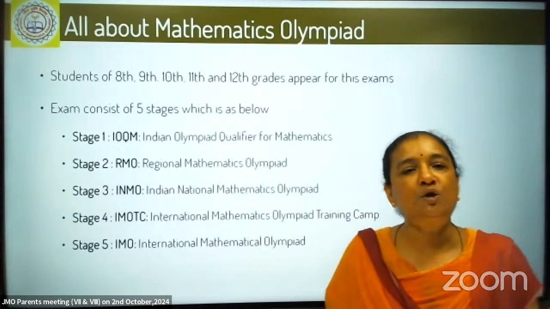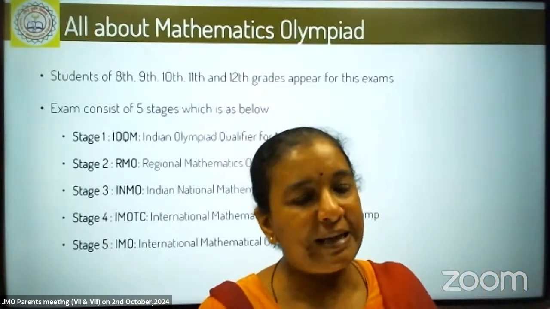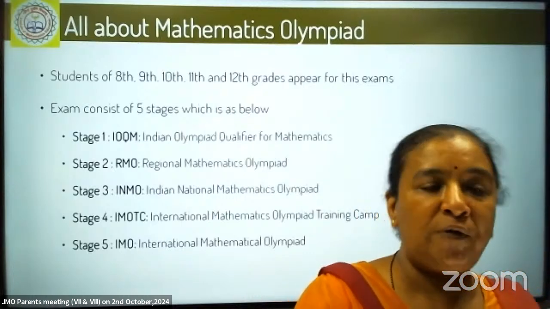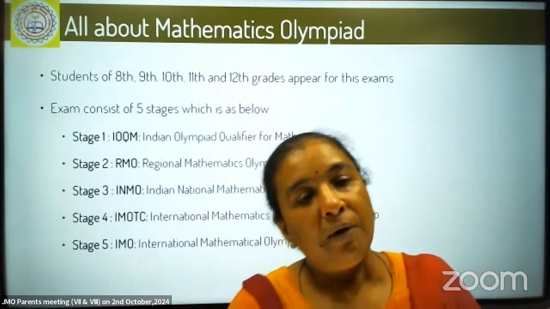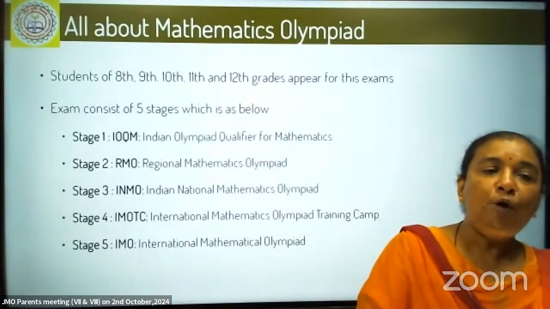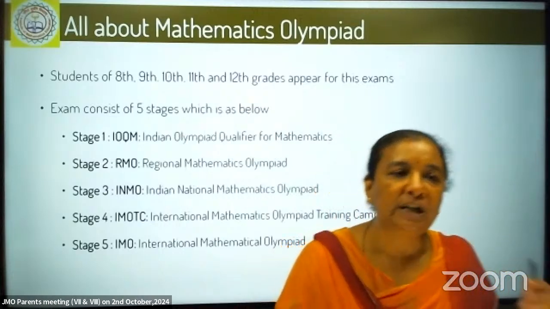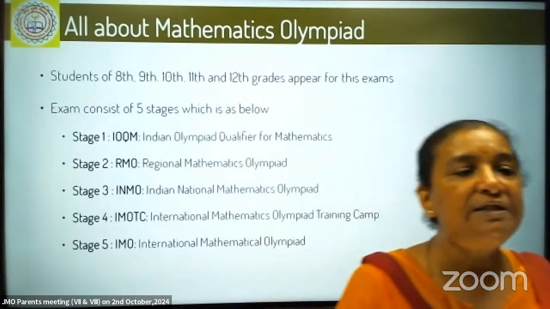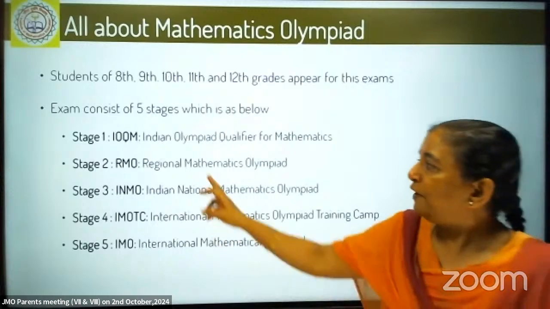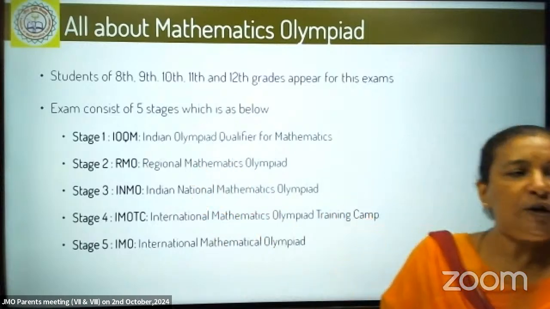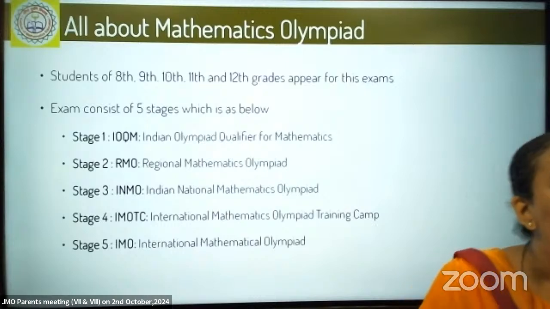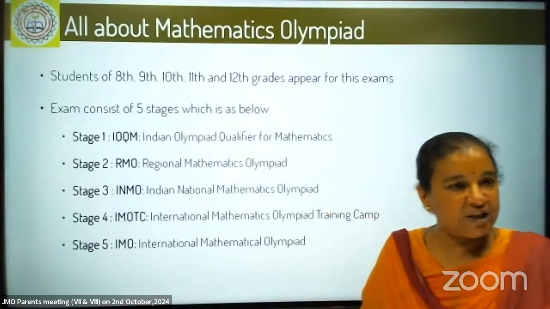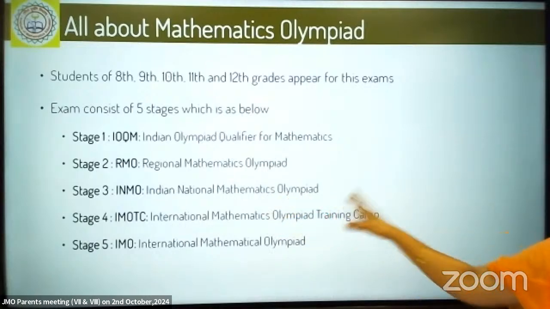So these 20,000 students appear for the Regional Mathematics Olympiad. The level of difficulty goes up. The scope and the syllabus of the exam is also expanded from IOQM to RMO. Now, when 20,000 students appear from 40 divisions, they select only 50 students from each division. So 50 into 40, 2,000 students only are eligible to write the third stage, that is INMO, Indian National Mathematics